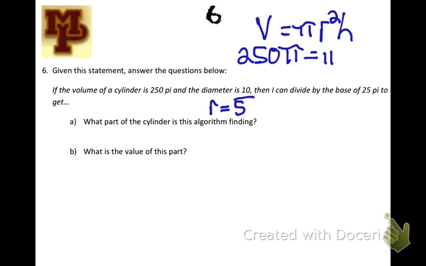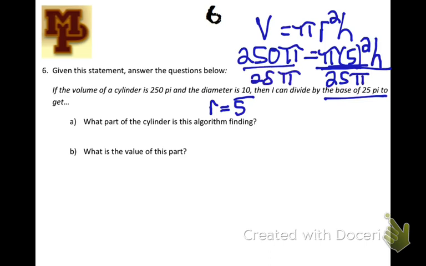So if we do pi and we use that radius of 5, then we can do 5 squared. The only thing we don't know is the height, so we can just put that h in there. And then I can divide by the base of 25 pi, so that's this part. So you can divide by 25 pi on both sides,